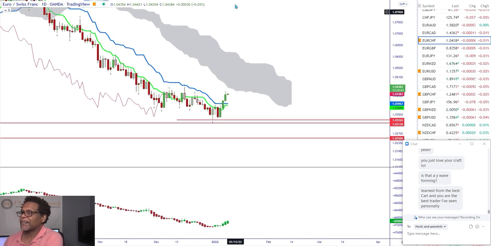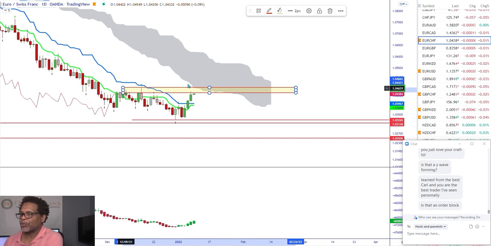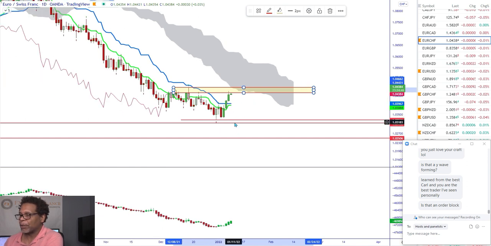So what I need to see is this. So I need to mark this. In order for me to trade to the upside, I need to mark my level, because here's my fractal. So I would mark my fractal level if we violate. See, we're not even through that level yet. That's structure right there. If we can't violate that structure, then we're going to get a push back lower. Remember, I said we could drop even a little bit lower, but I don't think we drop lower than this.